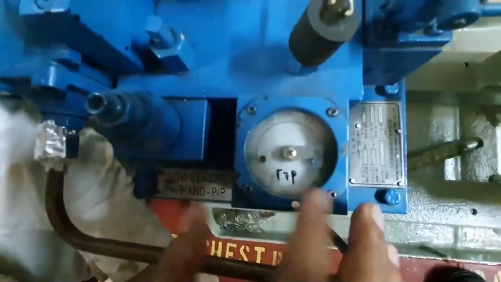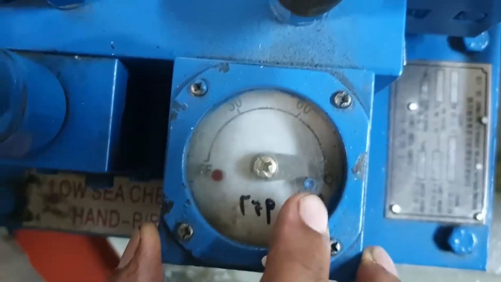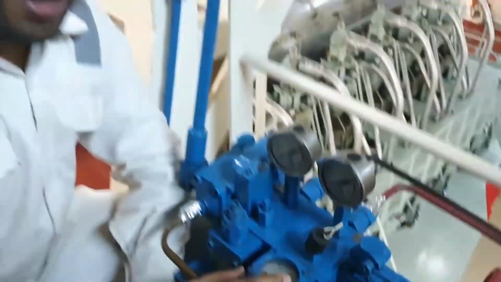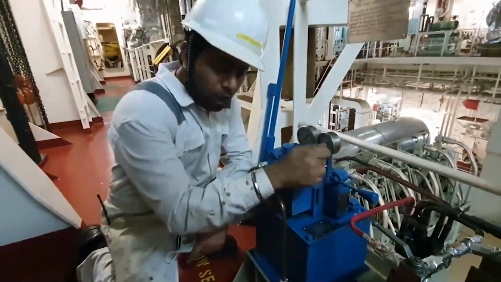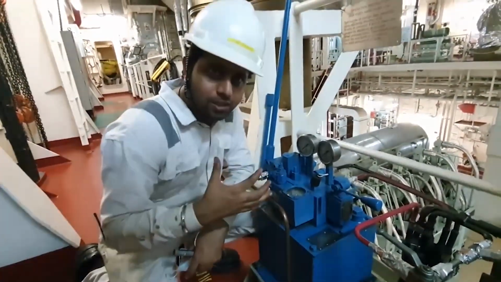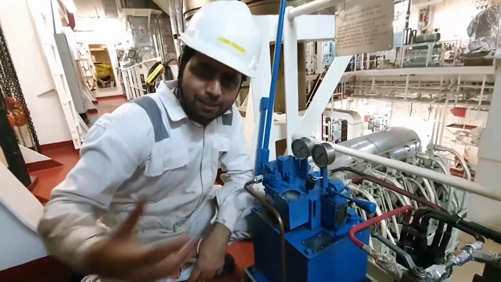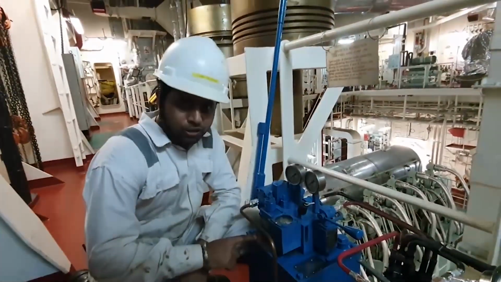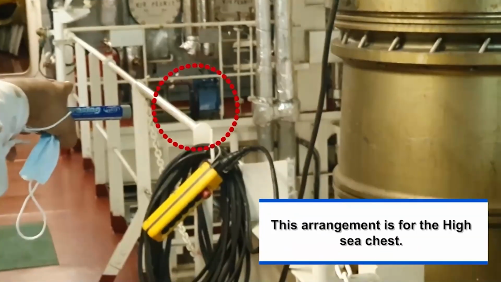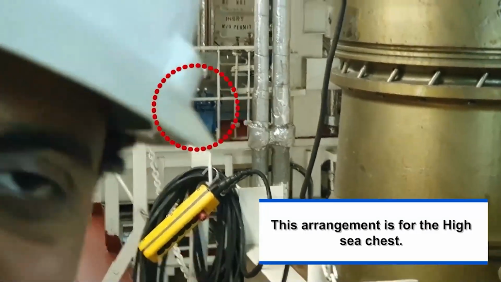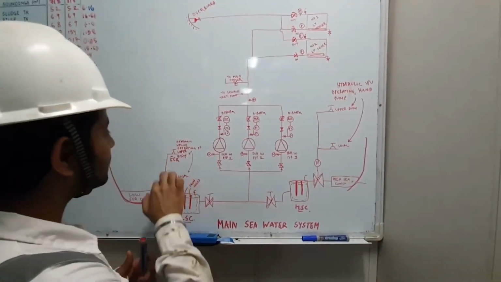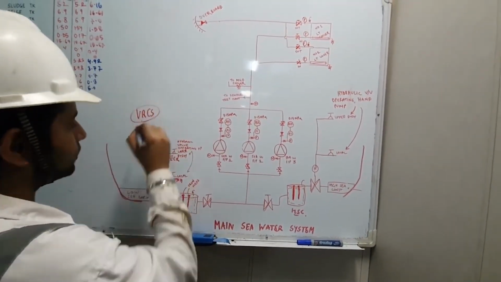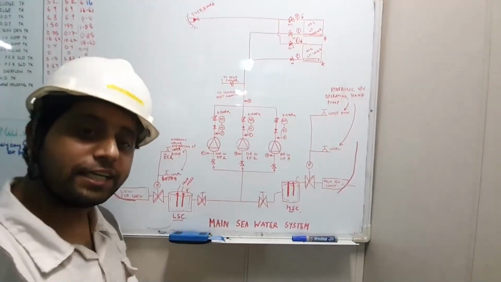Guys, this is the indication you can see. Right now, the low sea chest is fully open, and it will go fully closed if I want to close it. So I have got an indication over here, and I can operate it from here. This is how you can operate it remotely from the engine control room, and you can also do the same locally from near the low sea chest or high sea chest as you want. Copy guys? This is for the low sea chest. Both these valves can be operated remotely as well. To understand how this hydraulic valve operating system works, you will have to go through my valve remote control system drawings or videos, where you get a very good understanding of how this thing is working.